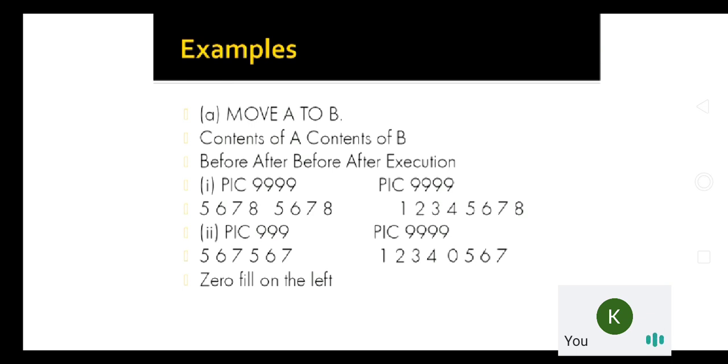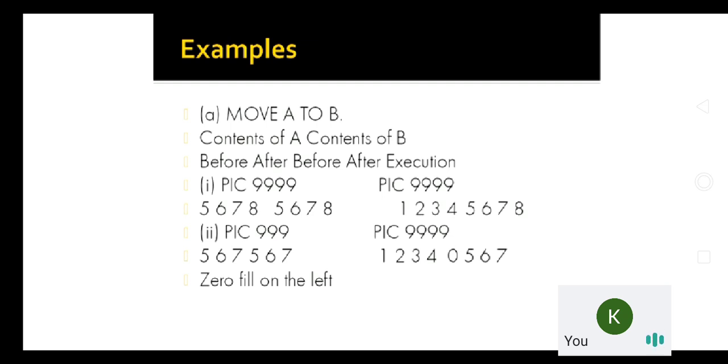Maybe that may be a little bit confusing to you people, but these things are very, very simple. There is nothing more to think about in these data movement verbs. Simply we are going to move a particular value from one identifier to another identifier. Before execution that particular identifier may have some other value, but after execution, whatever value we move from one identifier to another will be there in the receiving field. So here the sending field is A and the receiving field is B. From the sending field we send the value 5678 to the identifier B, which is the receiving field.